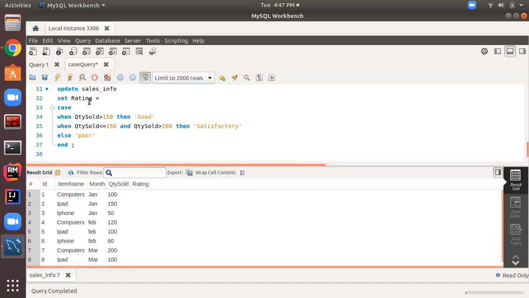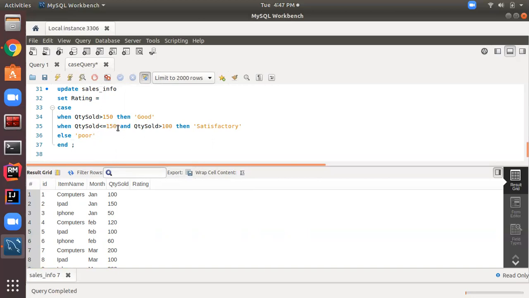So here I have written set rating equal to, and the value set to the rating is based on the outcome of the case statement. Here our case statement: case when quantity sold greater than 150, then rating should be good. Above 150, the rating is good.